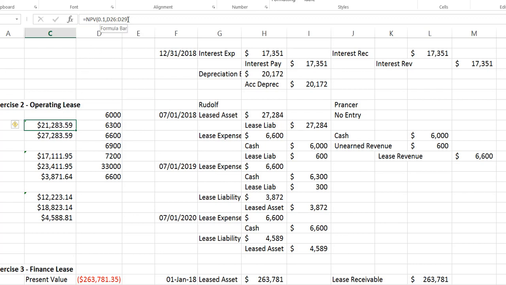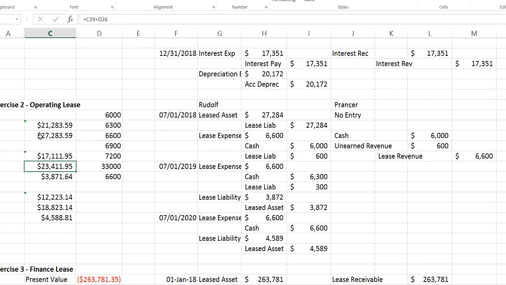Net present value, use the payments, the 4 payments, and then add the 6,000. So the 27,284 is using that. That's what your original amount of your leased asset and leased liability would be recorded. A year from now, when you make the payment, then you look at your lease asset and lease liability. The new present value, using the same net present value formula, is